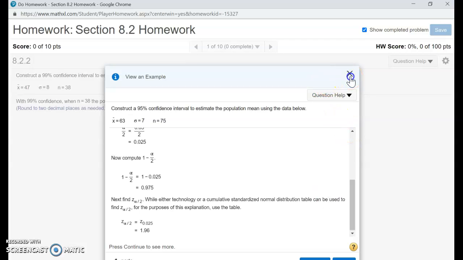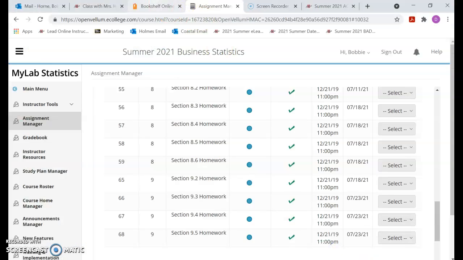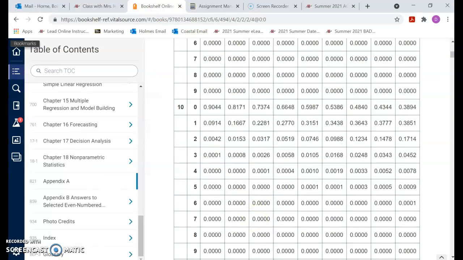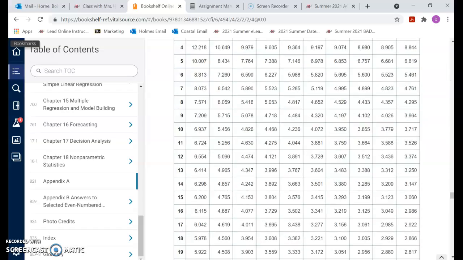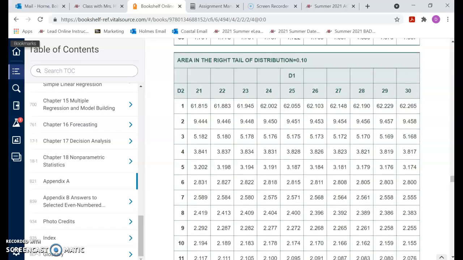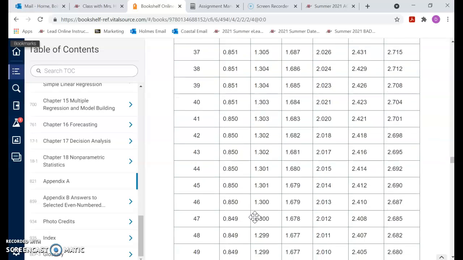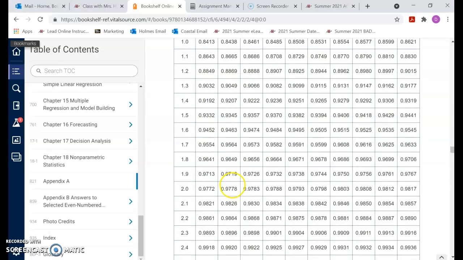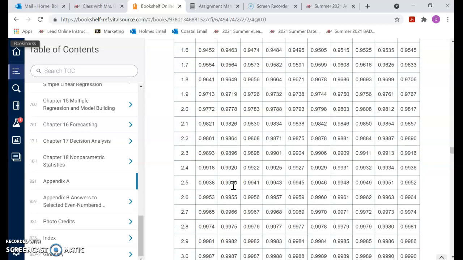Yeah, it says use the table. I'm not sure why they didn't give you a link, but you can go to your bookshelf and go to table. You're looking for table 4. This is in appendix A. Sometimes I go too far down, which I think I did. Okay, 0.995, or the closest value to it if it's not on there, 0.995 is going to be in between